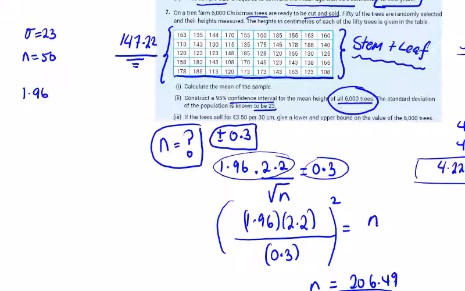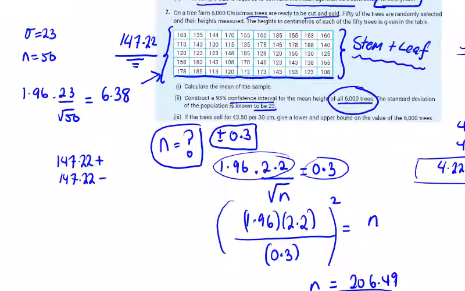1.96. Your calculator would allow you to get the standard deviation of this sample here, but we can use the standard deviation of the population, 23 over root 50. It's going to give me my value that I can add on to my 147.22, the mean of the sample. I have to add on and take away the standard error of the mean times 1.96, so that's going to give 6.375, I'll just round it to 6.38, and if we add 147.22 to that and take it away, it's going to be